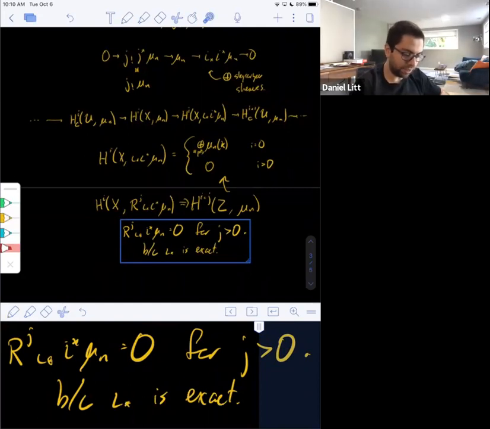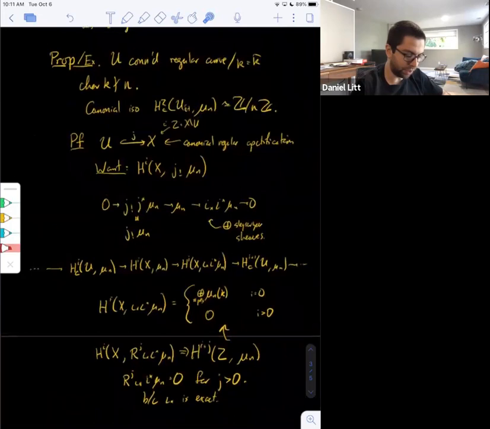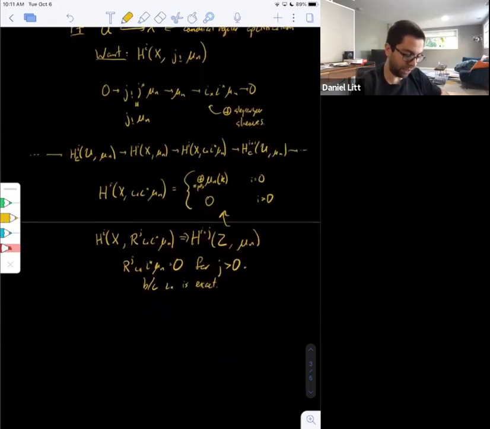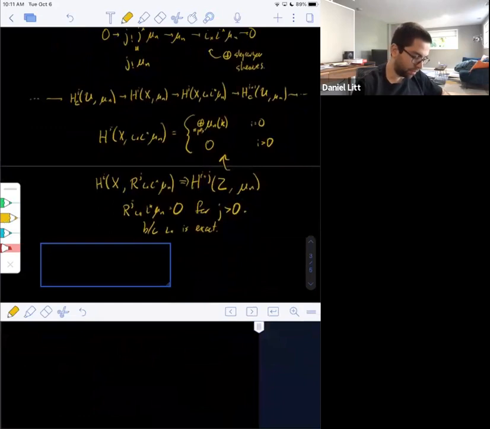Okay, so that lets us work out this, we now have this fairly explicit sequence. So we now know what these terms are. Those are the cohomology of a curve, which we've worked out. And we know what these terms are. They're just in degree 0 a bunch of copies of mu_n, and in degree bigger than 0, they're just 0. Okay, so let's actually write out the sequence. So we get 0 to H^0 compactly supported of U,